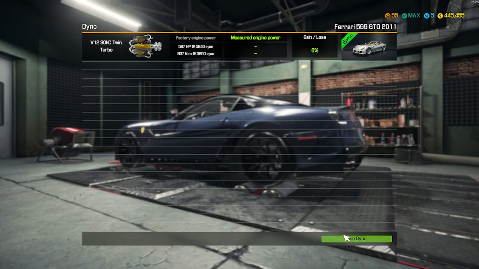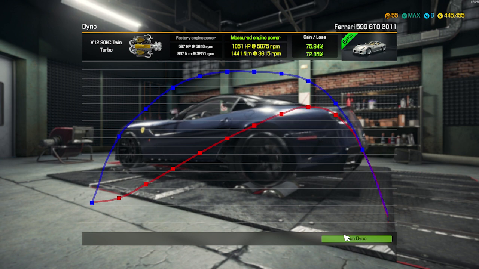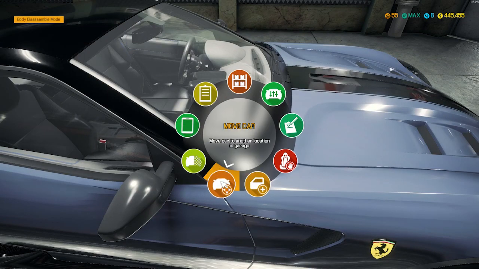And run the dyno. So the factory engine makes 597 horses and 837 pounds of torque. And right now with all of that stuff on it that I've added, holy cow, it makes 1,051 horse and 1,441. It's a 75, almost 76, and a 72% gain on this thing. Man, alright, let's go ahead and...